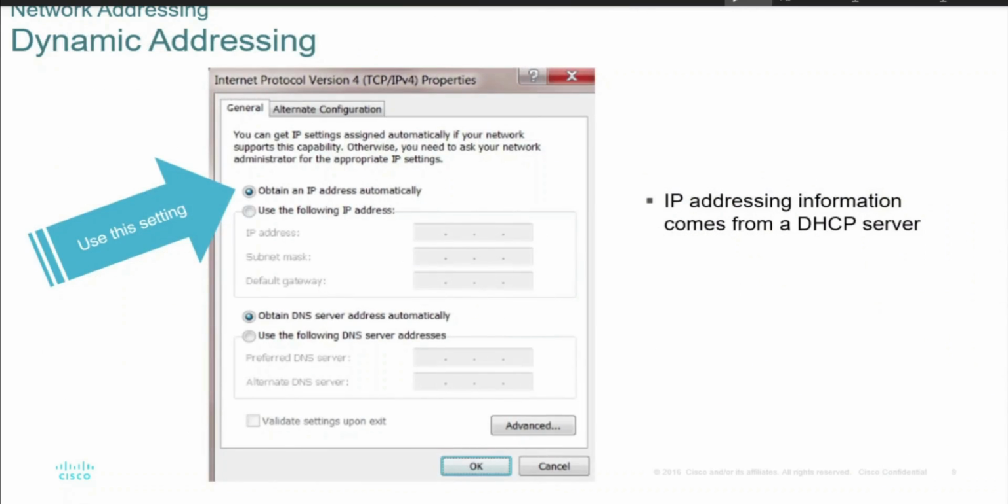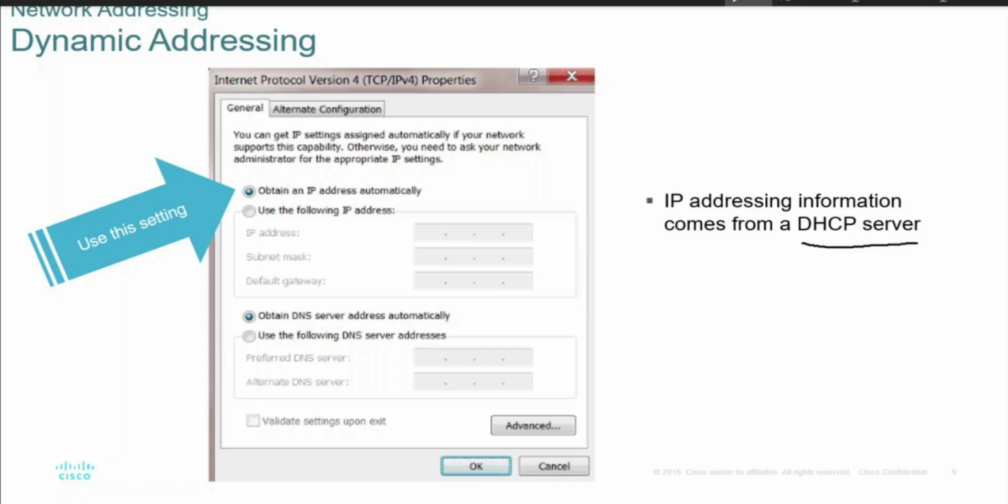Now, the second type of addressing is dynamic addressing. Dynamic addressing means that as a user, we won't be assigning any IP address to our computer. When we try to connect our computer to the internet, the computer will talk to a server known as a DHCP server and automatically get the IP address from it. So what is meant by dynamic addressing?